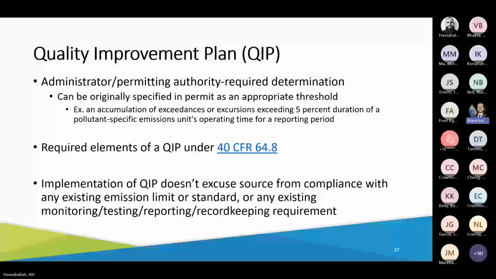Moving along, we have the Quality Improvement Plan, also known as a QIP. So if information available shows that a source has not or is not using acceptable procedures in responding to exceedances or excursions, the administrator or permitting authority can determine to require the source to develop and implement a QIP. Based on the results of a determination made under 64.7(d)(2), part of the CAM rule, the administrator or permitting authority may require the owner or operator to develop and implement the QIP